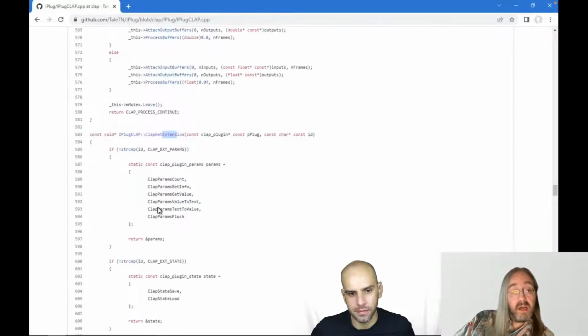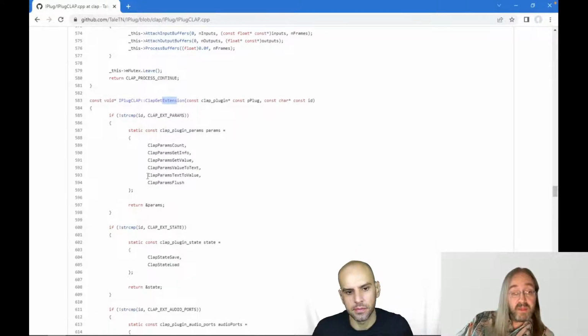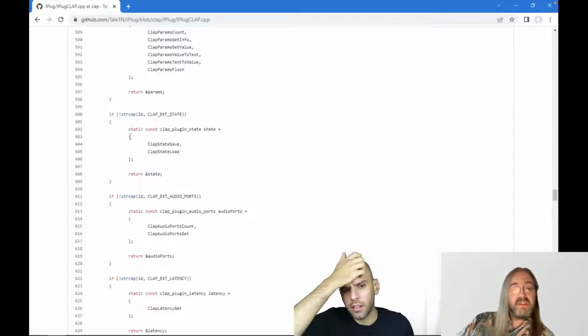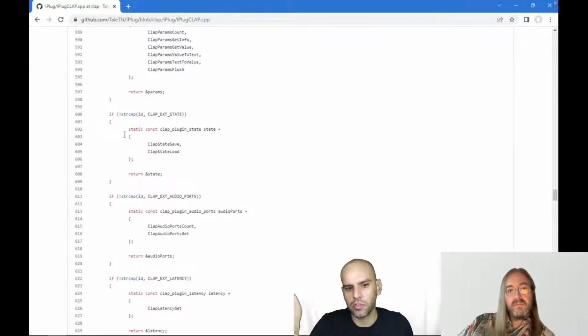Yeah, so, well, parameters, of course. State, because you want to save and load your parameter values, and other state, if you plug it back into a project you're using it in. And just to make sure that I understand this right, in JSFX we sort of get this for free. The serialized block does not have to deal with the sliders. It has to deal with other state you may have, but with the sliders, JSFX deals with that for you.